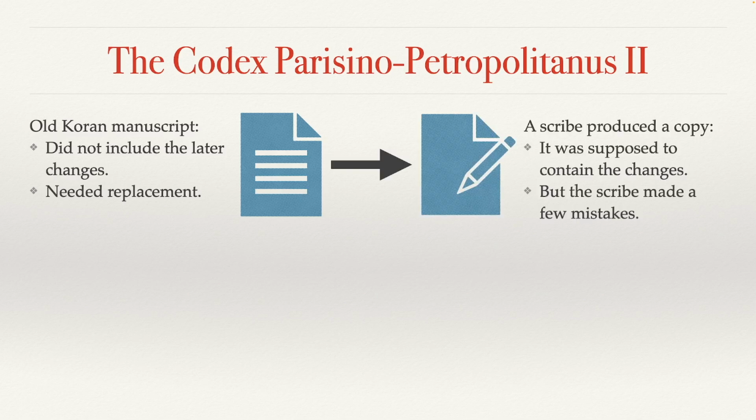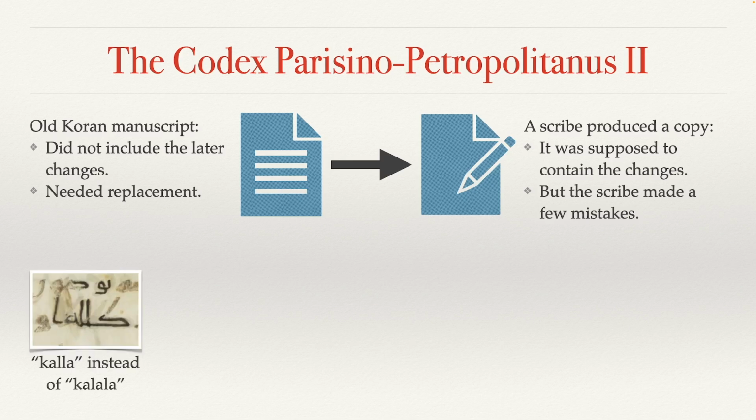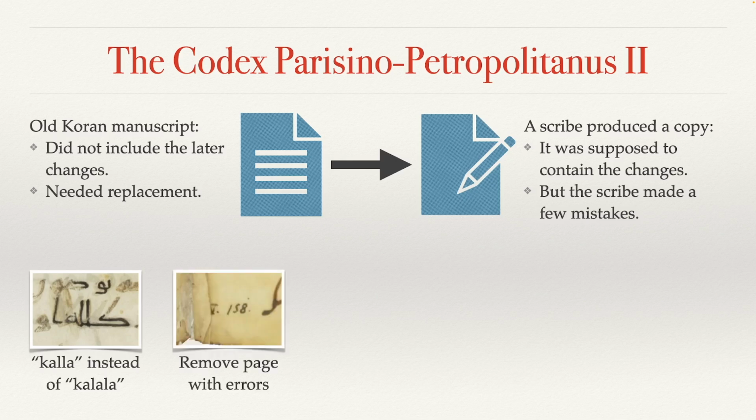So a scribe produced a copy which was supposed to contain the changes, confirming Muhammad's sonlessness and hence his status as the seal of the prophets. But luckily for us, the scribe made some mistakes, which now reveal the truth. In Surah 4:12, the scribe didn't pay attention and copied the word kala from his template, forgetting that after the changes it was supposed to be kalala. But this was a minor error, and he could somewhat fix the issue by adding a second lam and redrawing the kaf. But when copying the folio with the last verses of Surah 4, he forgot that he had to